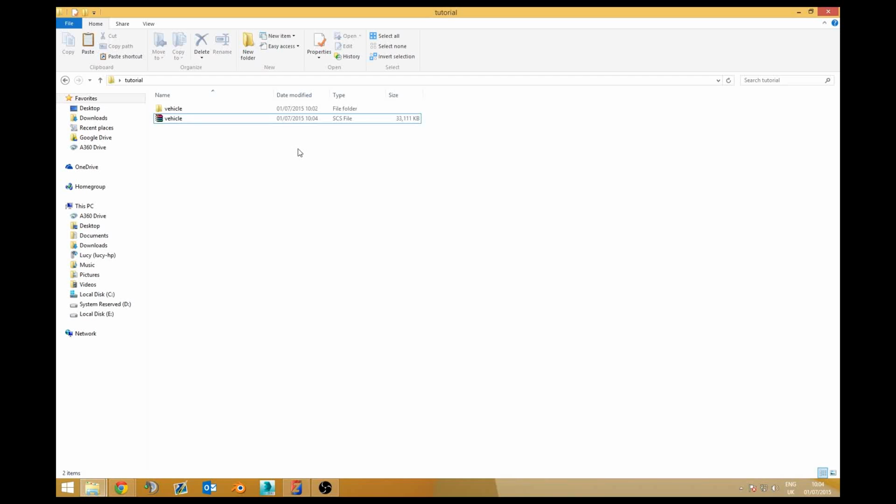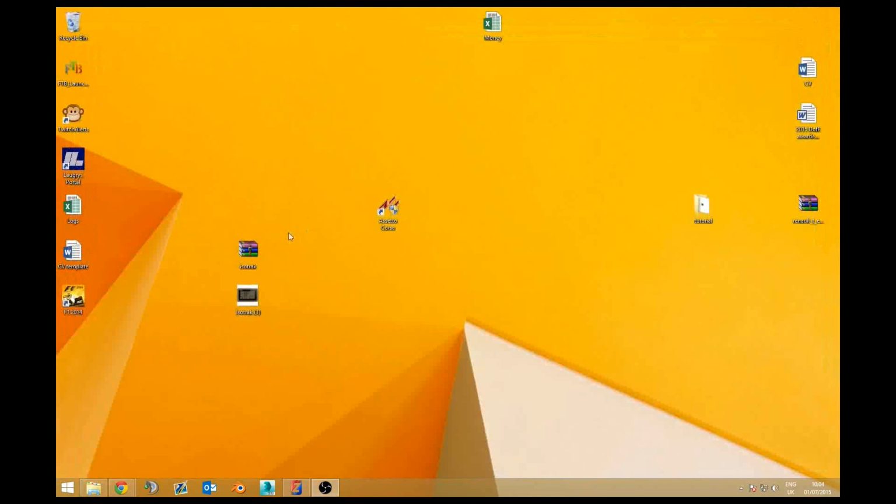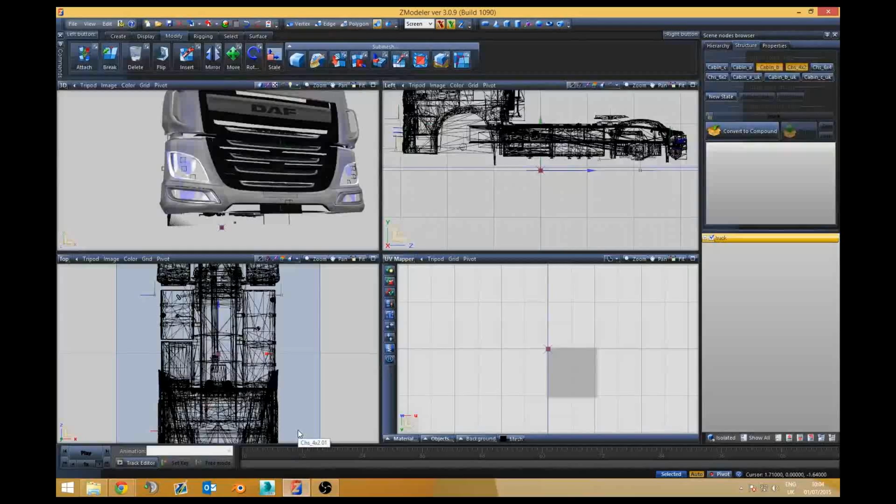That's for a different tutorial, but that is the basics of Zmodeler3, of importing and exporting for making your own